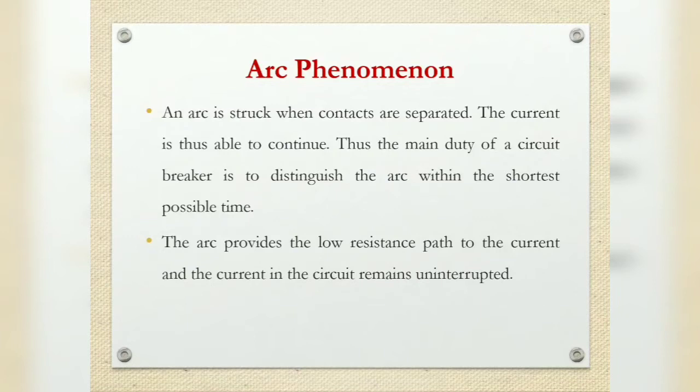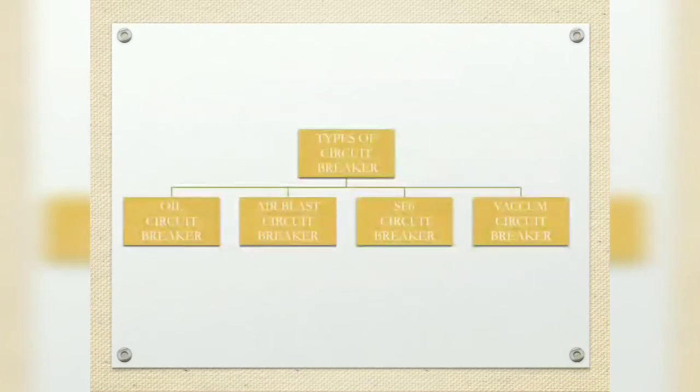So let's see the types of circuit breaker. The types of circuit breaker are oil circuit breaker, air blast circuit breaker, SF6 circuit breaker and vacuum circuit breaker. In previous video lectures we already studied the oil circuit breaker and air blast circuit breaker. Now in this video lecture we study the SF6 circuit breaker. It is a sulfur hexafluoride circuit breaker. So first off we study